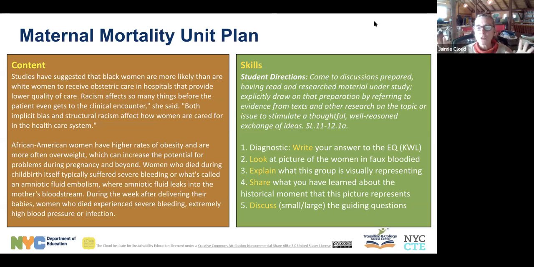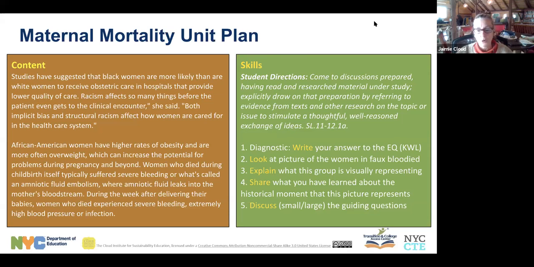So what we're asking kids to do is come to the discussions prepared, having read and researched the material under study, draw on that preparation, provide evidence from the texts. So it's a big task, and you can see the standard that we're addressing there. The diagnostic is to write their answer to the essential question, which they will then do at the very end of the unit again and compare their pre and post responses. And then you're going to see how the lesson goes, but the